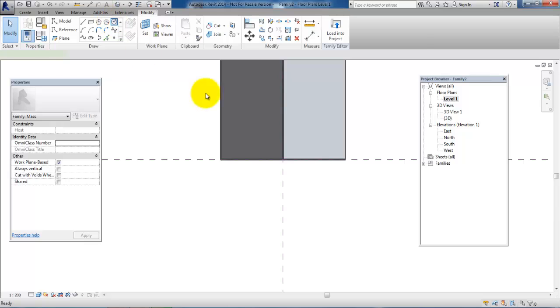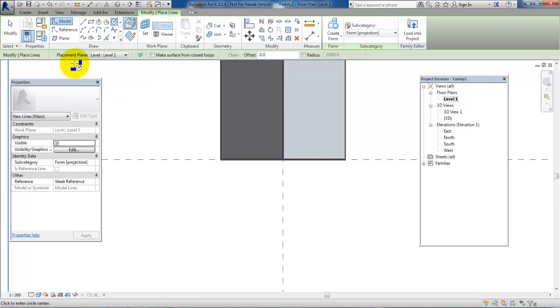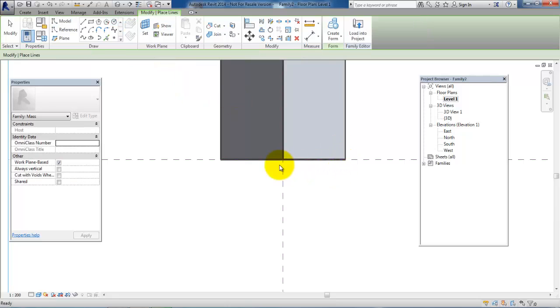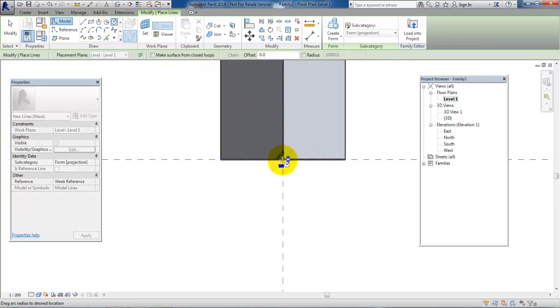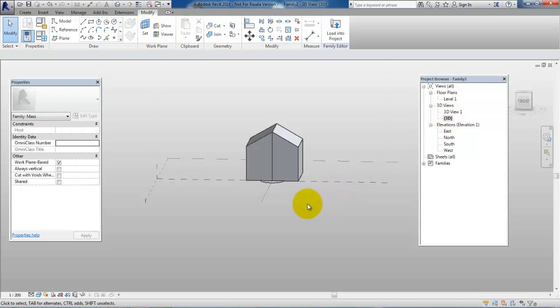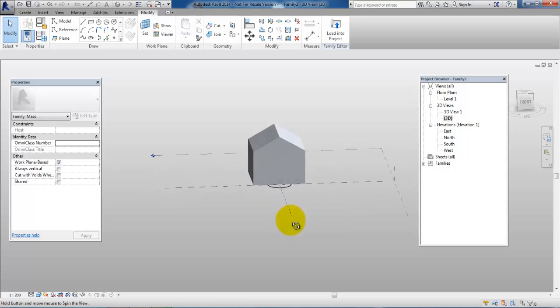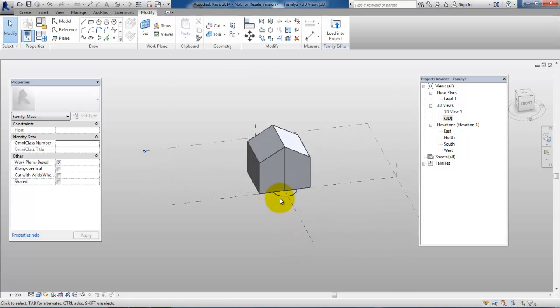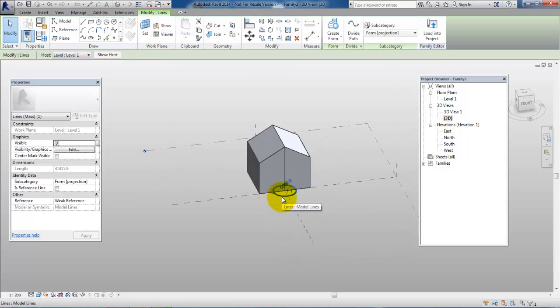and select the circle and Placement Plane. In this case, select Level 1 and then click here and go for 5 meters again. Go back to the 3D model, and now we can see that the shape is on the ground, so I'll just click on it. And again I will go to Create Form and Create Solid,